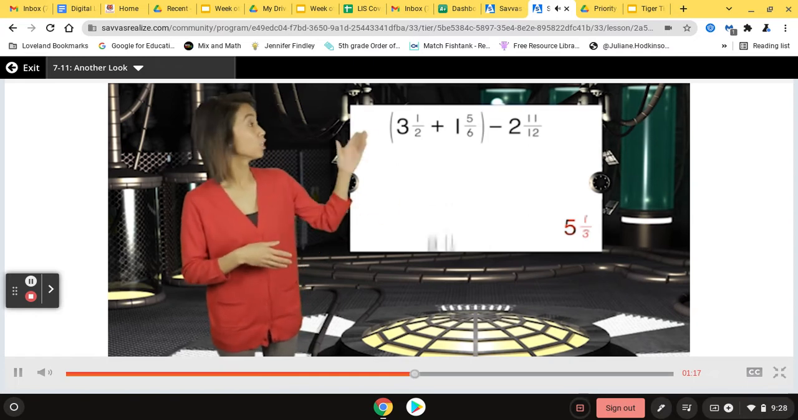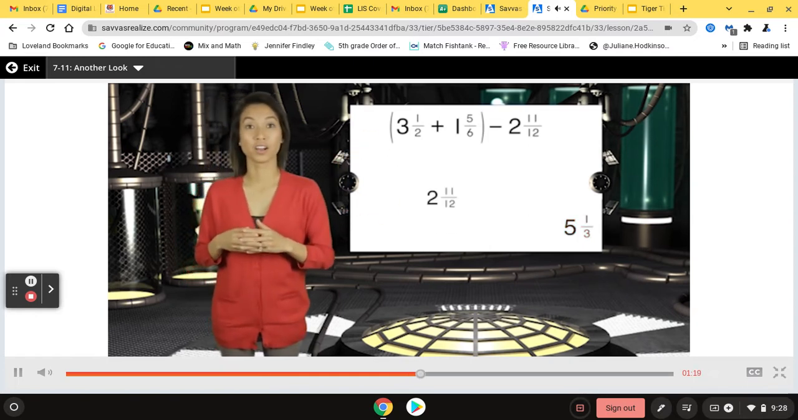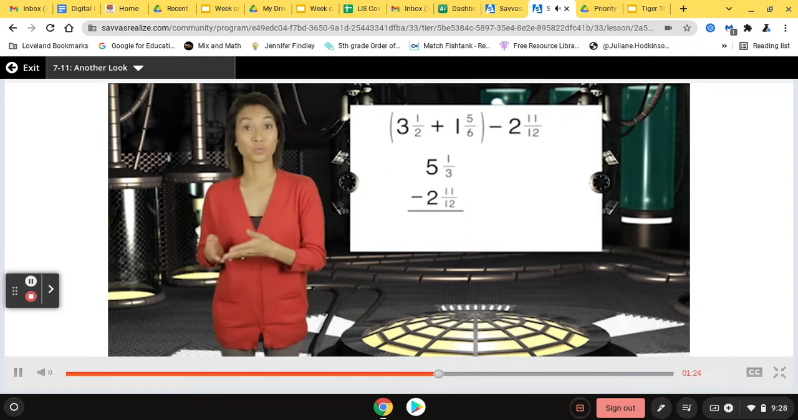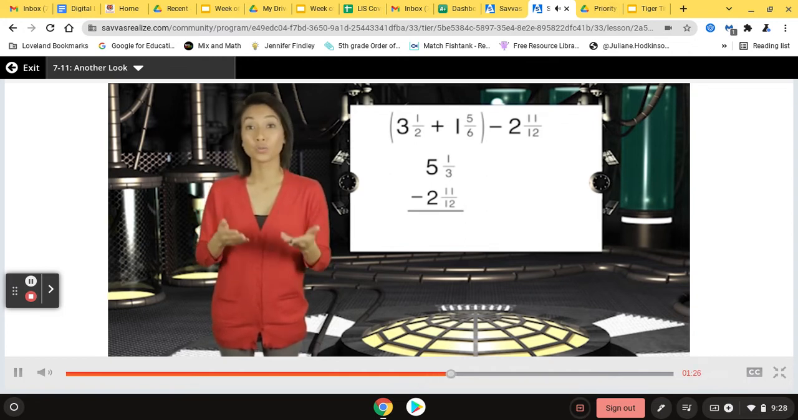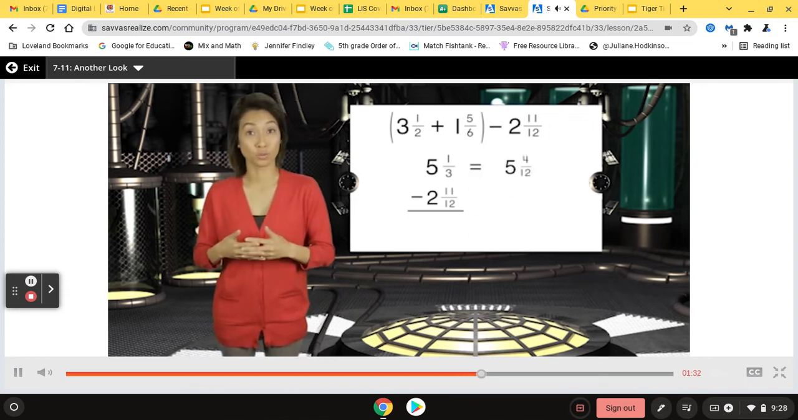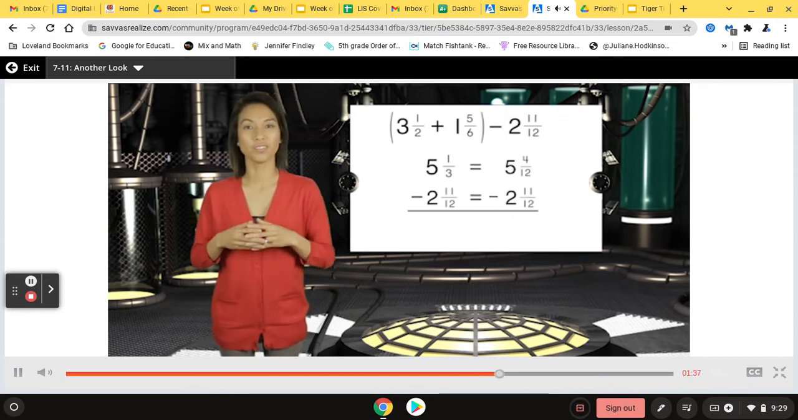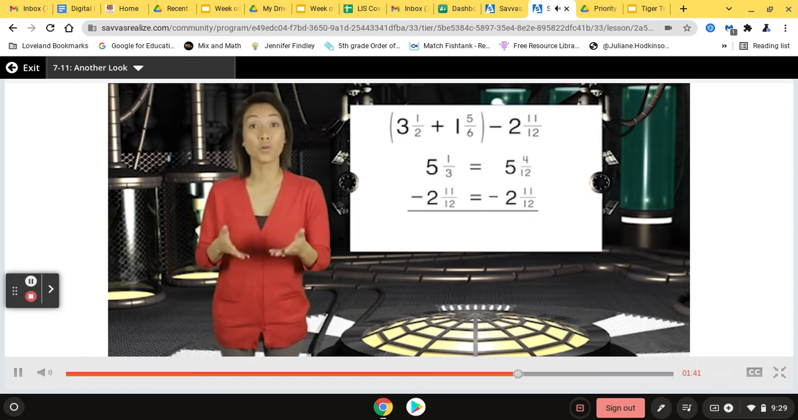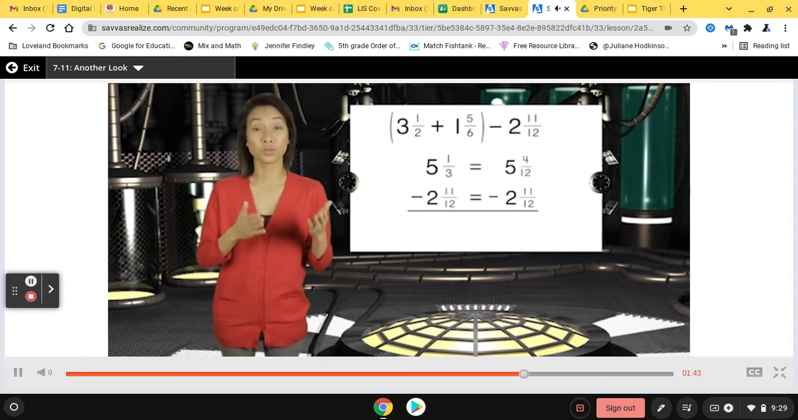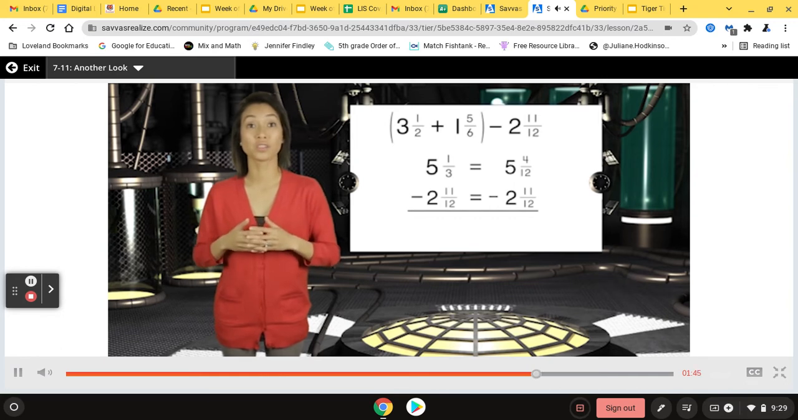Next, we subtract 2 and 11/12 from the sum 5 and 1/3. A common denominator for 3 and 12 is 12, so we need to write an equivalent fraction for 5 and 1/3. 5 and 1/3 becomes 5 and 4/12. The other fraction already has a 12 as a denominator. We'll leave it alone. We cannot subtract 11/12 from 4/12, so we need to rename 5 and 4/12 to become